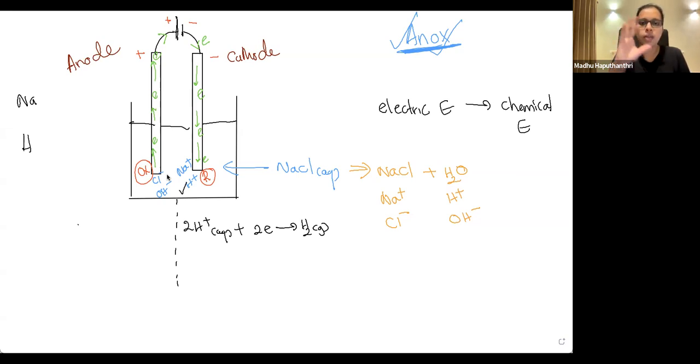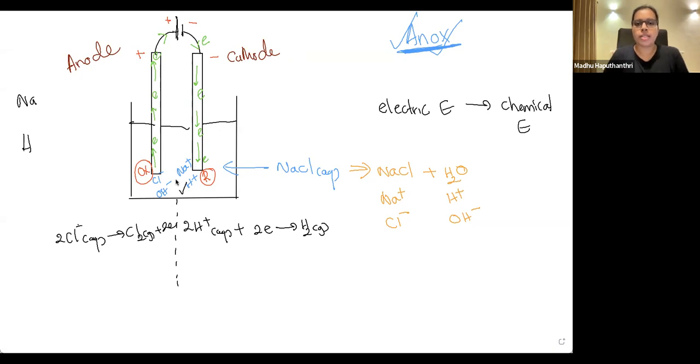If you have a halide with any other anion, maybe carbonate, sulfate, sulfite, nitrite, nitrate, among any of those anions, definitely the halide is oxidized. Therefore, Cl minus is oxidized to form Cl2 plus 2 electrons. So this is the oxidation reaction at the anode, and this is the reduction reaction at the cathode. Tell me whether this explanation is clear enough for the electrolysis.